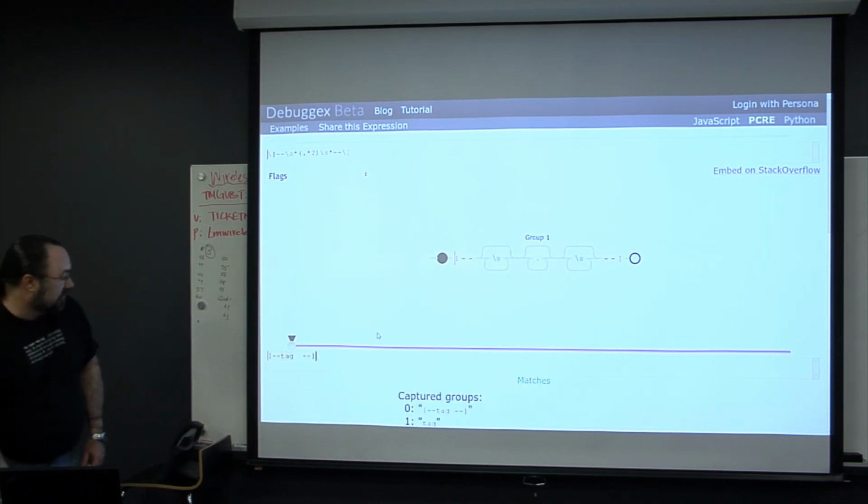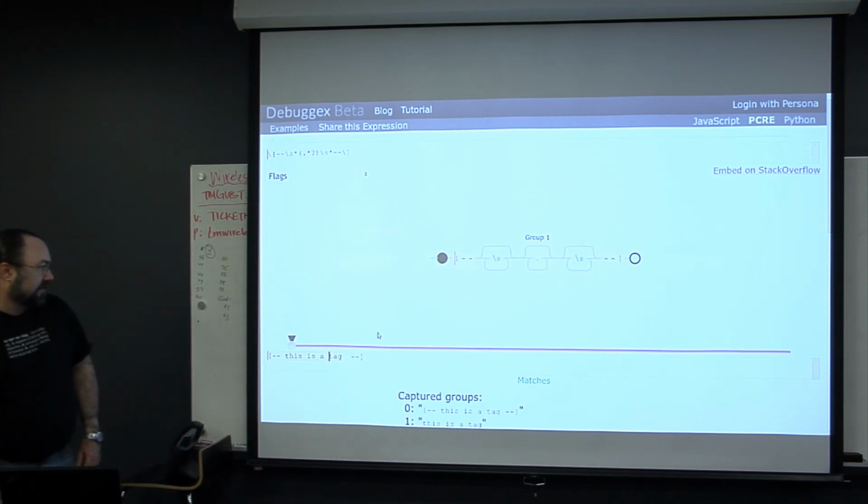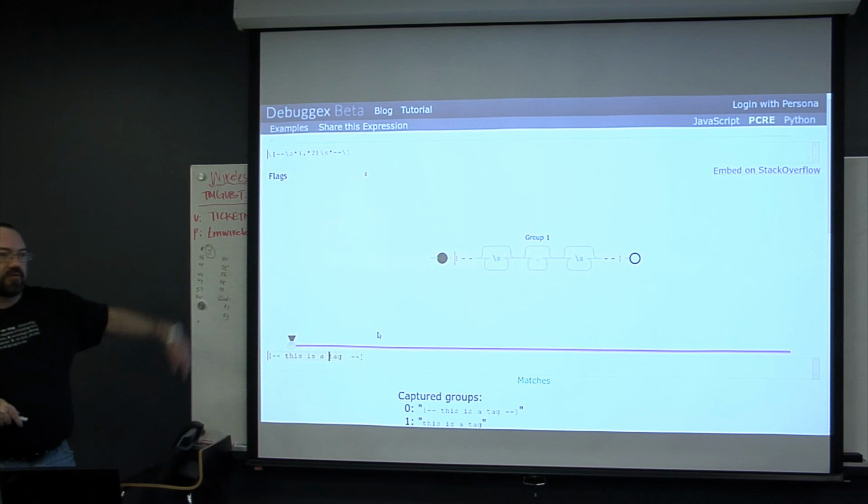I could also sit in here and type, this is a tag. And again, since this is just grabbing whatever's in the middle and you don't happen to care what it is, you notice $1, this is a tag. It's just grabbing all of that. This is grabbing this white space. This is grabbing this white space. And, you know, the literals we already talked about that. That makes sense?